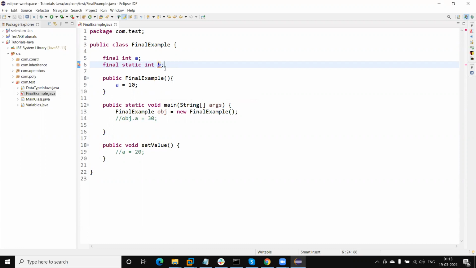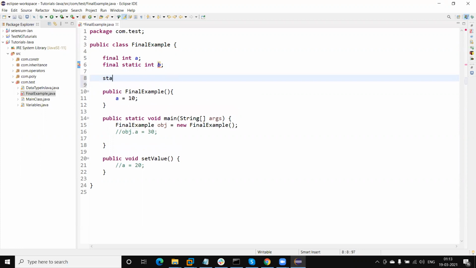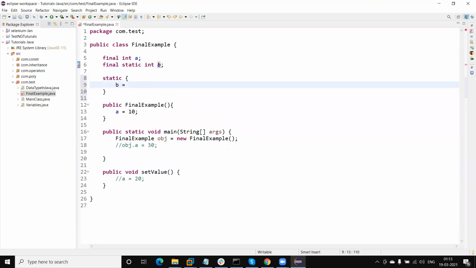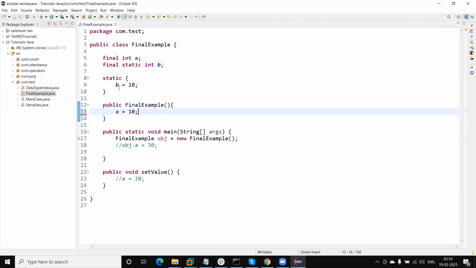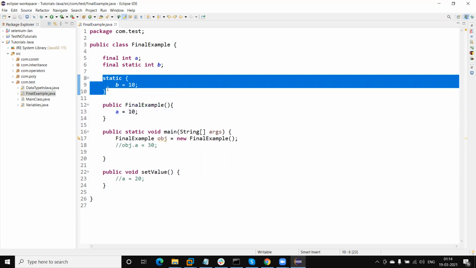This can be initialized in a static block because it is related to the class. It is not related to an object, so we cannot initialize a static variable in a constructor. We can initialize the static variable's value in a static block.